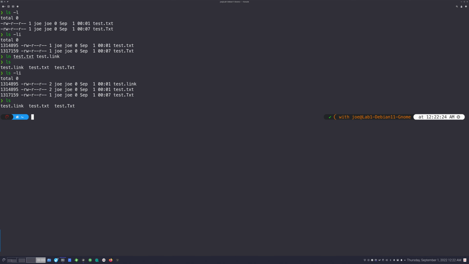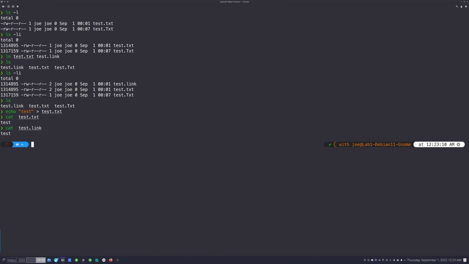Now, you'll notice that nothing actually lives inside these files because I just touched them, so they're blank files. But if I echo something into one of them, right, just do this, doesn't matter, echo test into test.txt. Okay, so if I now cat test.txt, you can see that it outputs the test that I just echoed in there. But if I also cat test.link, it's also going to echo out that same value, and it's because those files are hard links. So now that you know what a hard link is, I'll tell you how to find them.